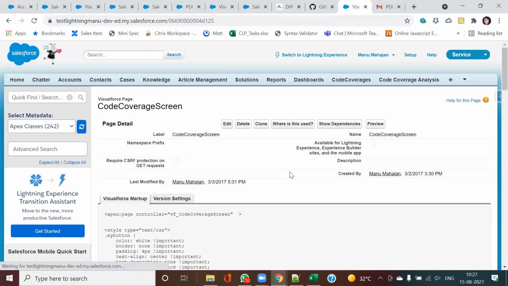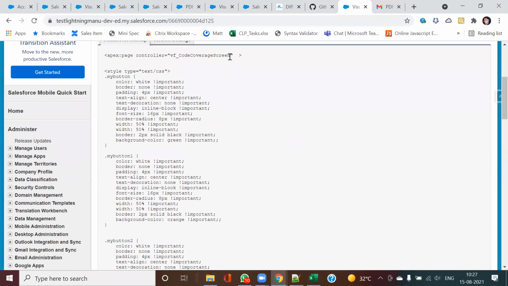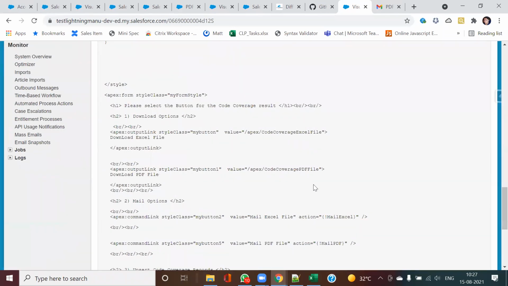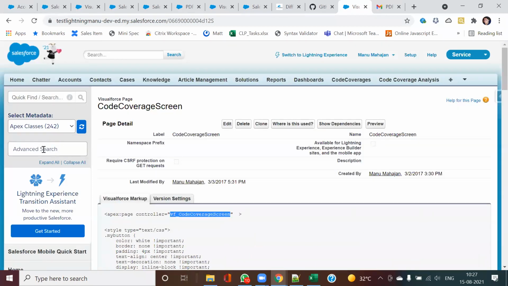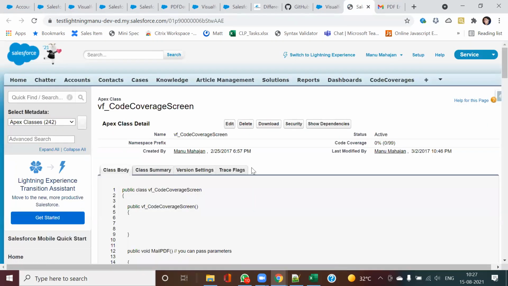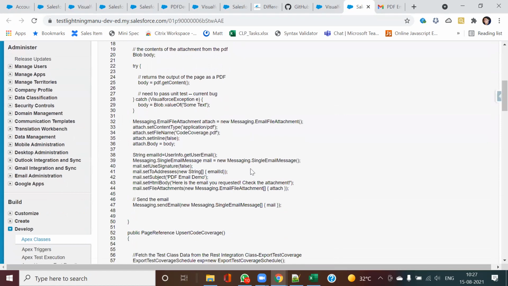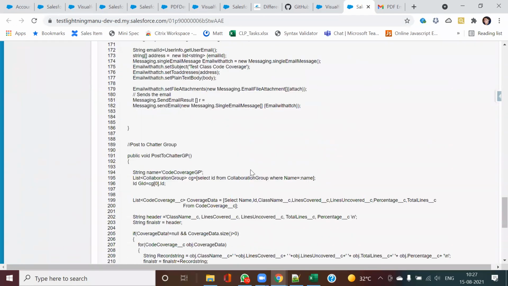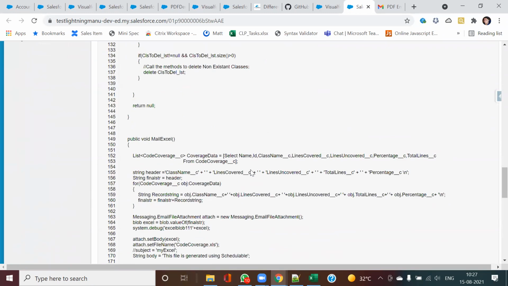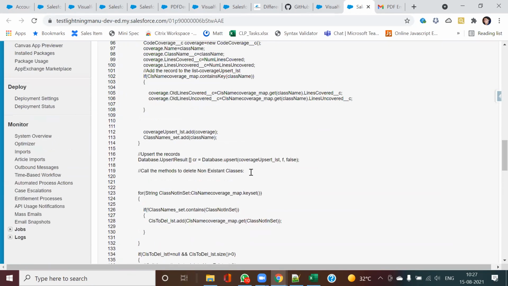Yeah, let us open this controller. This is my controller that we have. So here, if you see, I have this mail PDF. Let us see what has been done. Yeah.